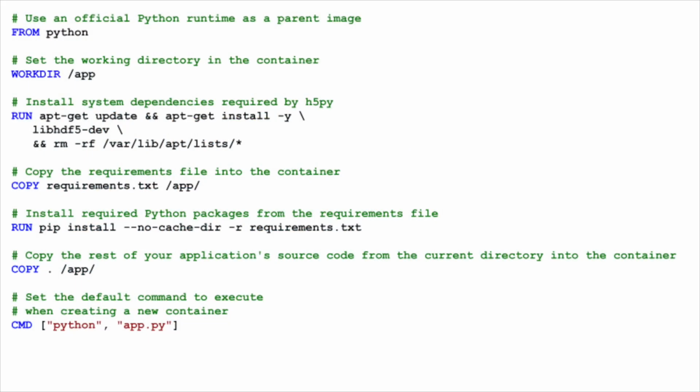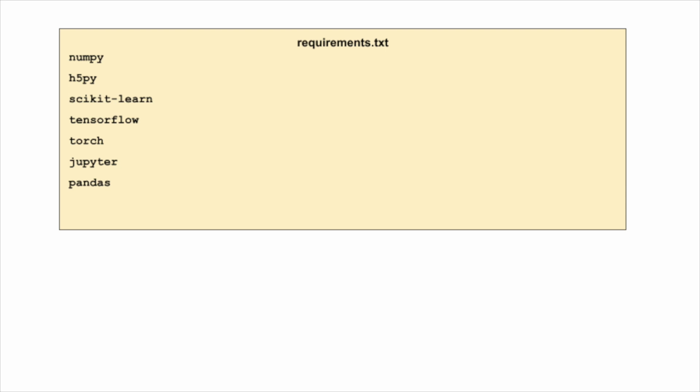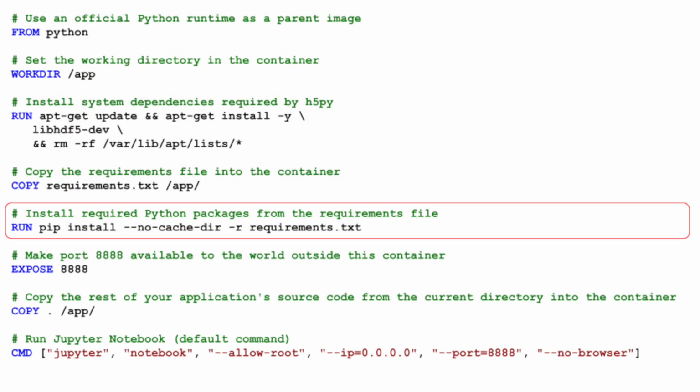Now, let's quickly revisit our Dockerfile setup from the previous video, where we created a starter environment for machine learning with Python, scikit-learn, TensorFlow, and PyTorch. In this video, we will enhance the Dockerfile to include Jupyter and Pandas, essential tools for data analysis and visualization. We can do this by adding these packages to our requirements.txt. After updating requirements.txt, the Dockerfile's run pip install line will automatically handle the installation of Jupyter and Pandas, along with